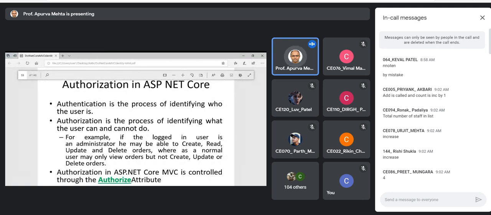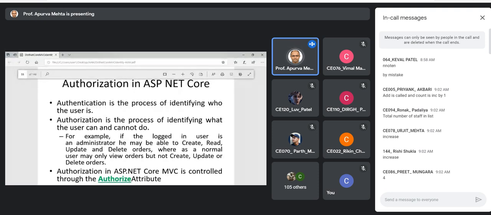Okay, so now we have completed authentication in terms of registration, login and logout. Now we'll start with authorization. So let's continue. Authentication is the process of identifying who the client is, who the user is.